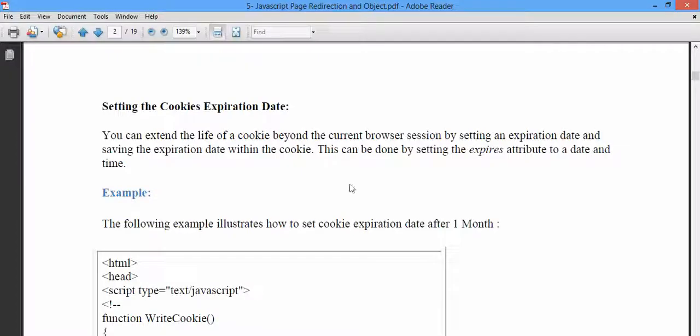But right now we know how to set cookies and we know how to retrieve cookies. Another thing you can do is extend the life of your cookie beyond the current browser session by setting an expiring date and saving the expiring date with the cookie. This can be done by setting the expires attribute to a date and time. What we are trying to say in essence is this: